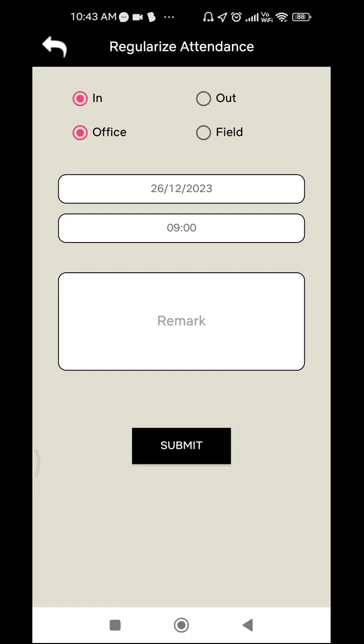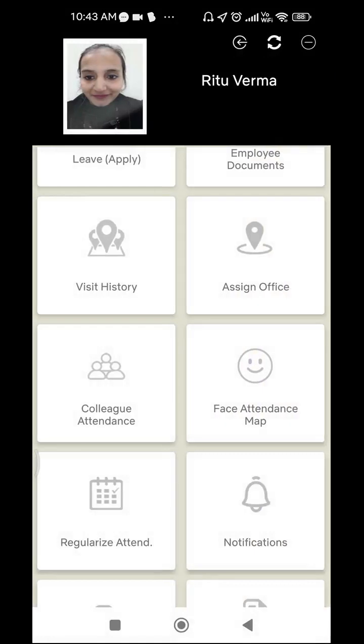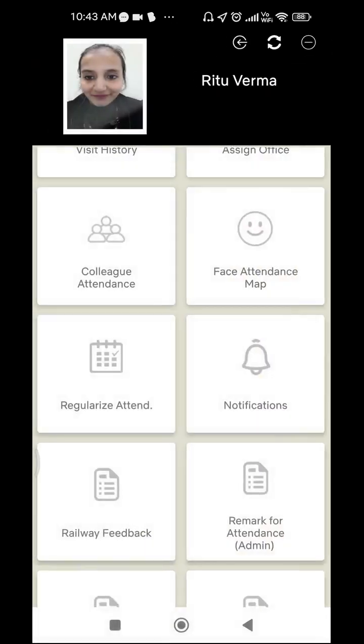The next feature available is notification. As we all are using WhatsApp, Facebook, Instagram or any other application, whether for educational purposes or daily shopping, we all receive notifications from our applications. In the same way this application works: your manager or admin can send you a notification on any important event that is going to be conducted, or any important message can be shared with employees with the help of notification.